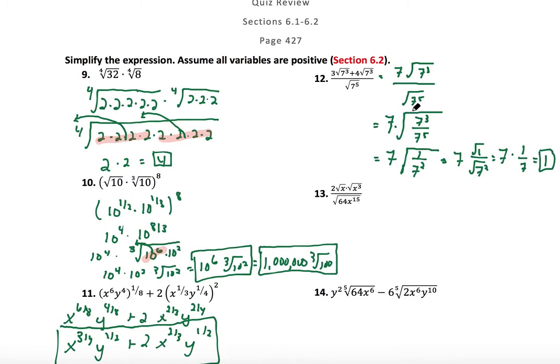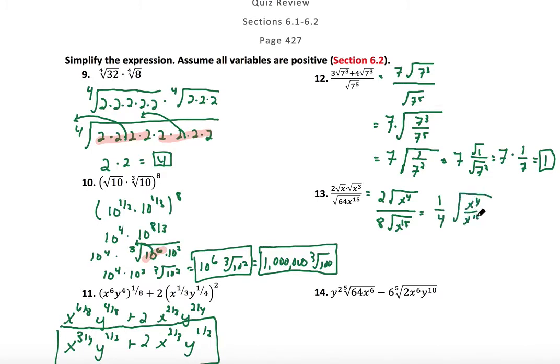You can do that a couple different ways. That's the way I saw it immediately. All right, so let's try maybe a similar pattern here. In the numerator we have 2 times the square root of x to the 4th power over the square root of 64, which is 8, times the square root of x to the 15th. So 2 over 8 is the same thing as 1/4 times the square root of x to the 4th over x to the 15th,